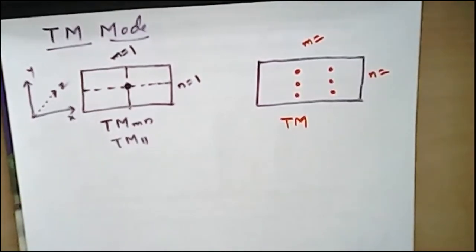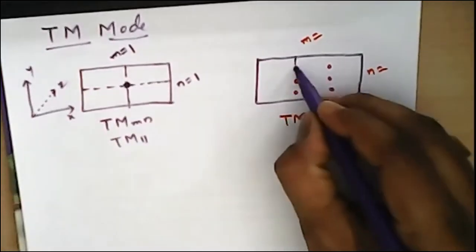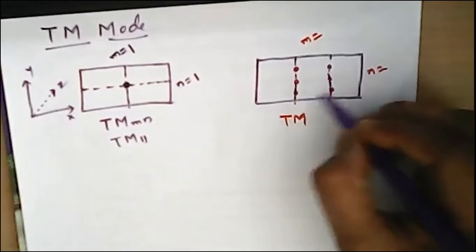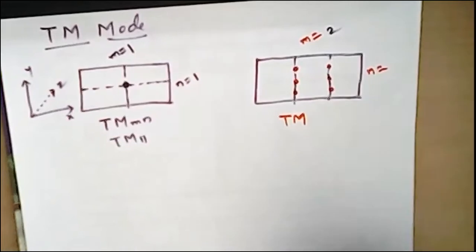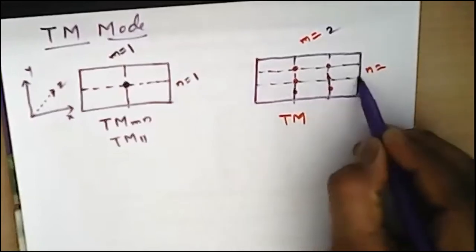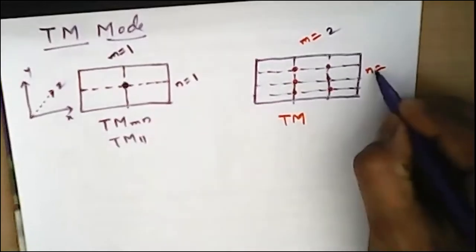It is not TE, Andy. It is TM. We are discussing TM. The arrow mark representation is TE mode, and the dot representation is TM mode. Don't confuse these. You can easily understand that the wave normal to this particular line is 1, and this is the second one. So totally there are 2 normal cases along the y-axis to the mode of propagations, so m is equal to 2 here. And in this case, we have 3 normal axes along the x-axis to the waves propagating into the waveguide, so n is equal to 3.